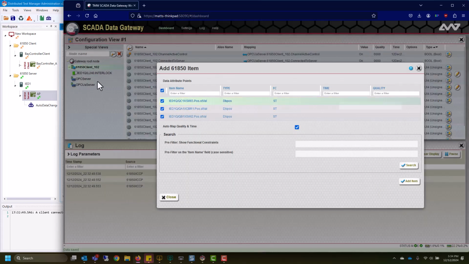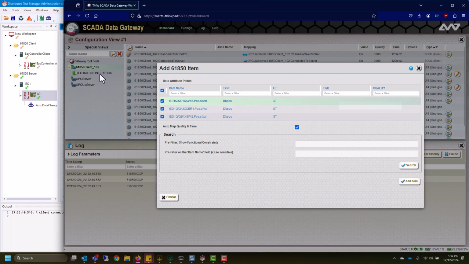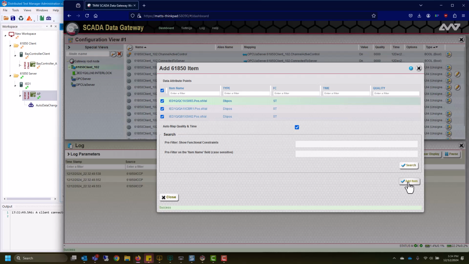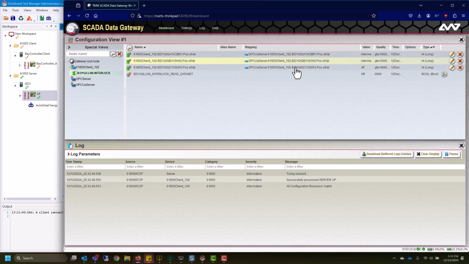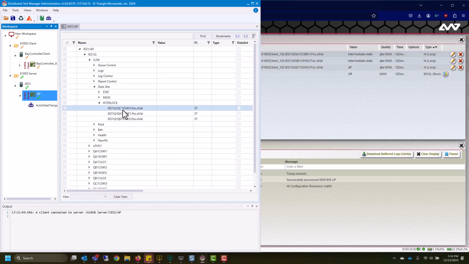From there, it'll go ahead and add a node into our workspace here, and you'll see that interlocking the data set has been added. I'm going to go ahead and get all three of these, so I will go ahead and add all three of those attributes. And then I can close this. Now when I click on the interlocking pulled data set, we'll see all of those values and all of those points out here. So, for instance, if I go to this